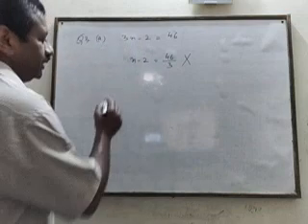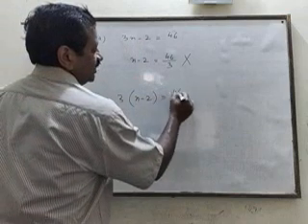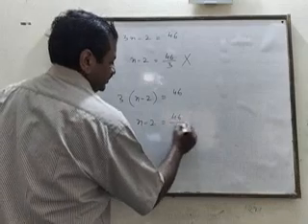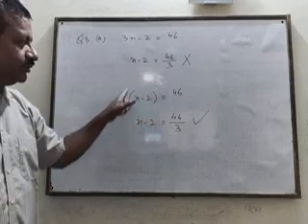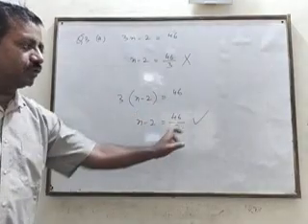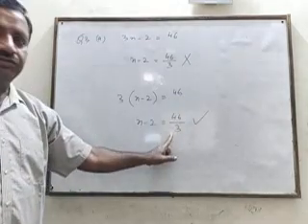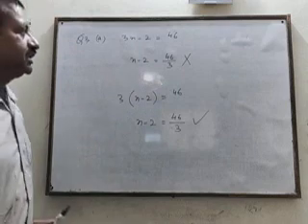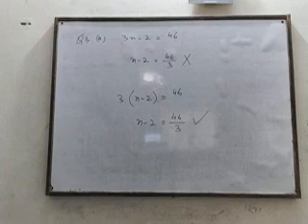But if it is written 3 times the bracket n minus 2 equal to 46, then we can say n minus 2 is equal to 46 upon 3. Now it is right, because this 3 is multiplying the whole left hand side, so it will go in the denominator of the whole right hand side. Now it is okay, but this time it is not okay. Remember this mistake. Most of the children make this mistake. Only the number which is multiplying the whole left hand side will go in the denominator of the whole right hand side.